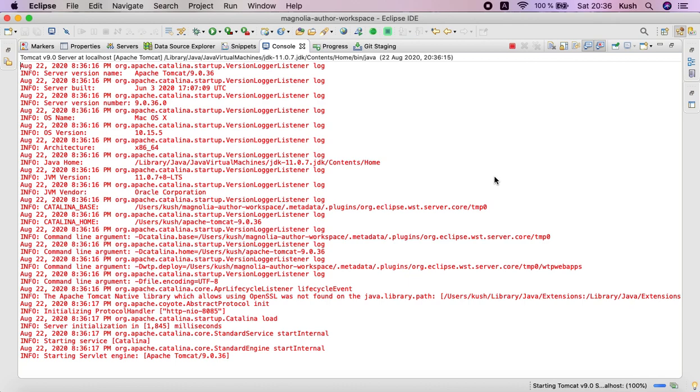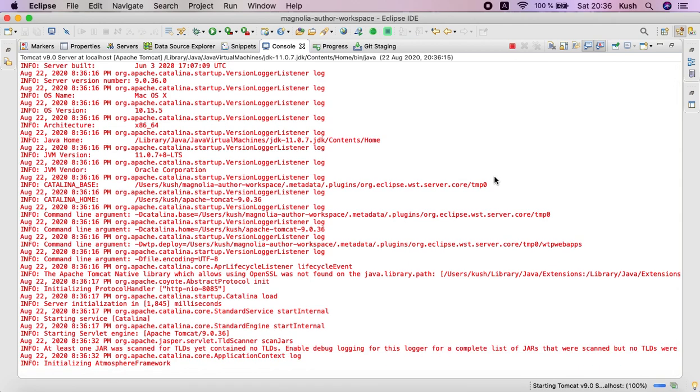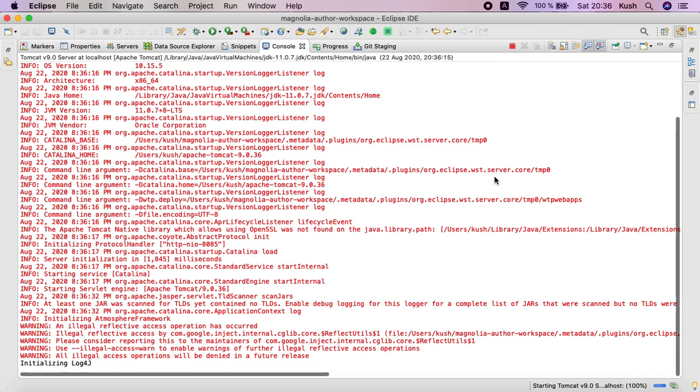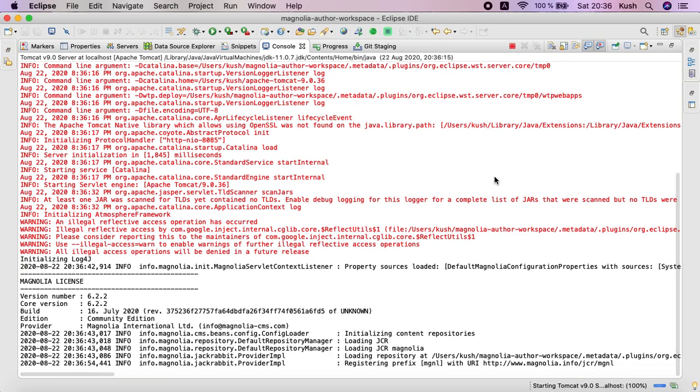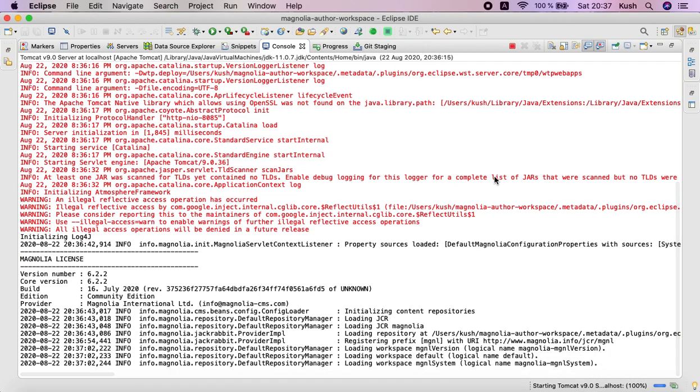And this will be the first time installation, so we have to do some additional clicks, or we have to follow additional processes to install all the modules of Magnolia. I will show you once it will be deployed, and it's a first time activity. So next time if you start this server and you will do anything, you need not to follow this process. So I will show you how it is happening and how it will be.